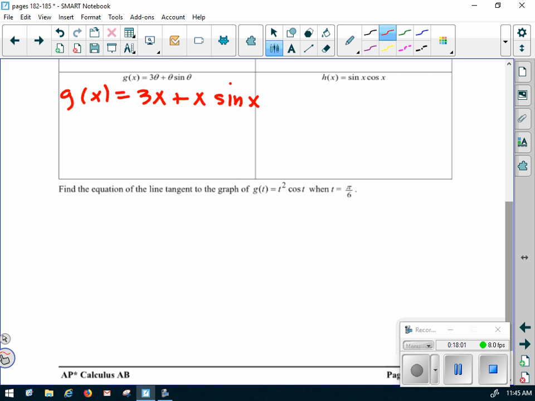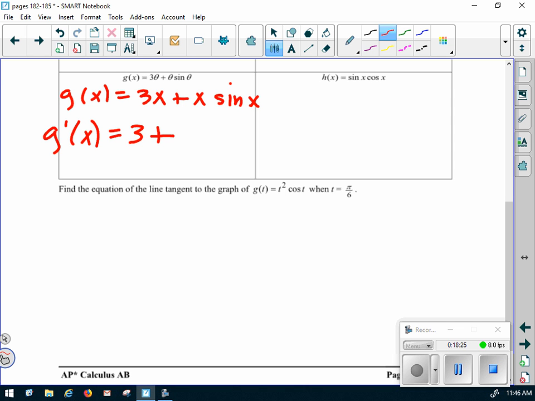Your notes are right there. When you are taking the derivative of a binomial, remember you take the derivative of each term separately and then add them back together. What's the derivative of 3x? 3. So g prime of x is 3 plus,